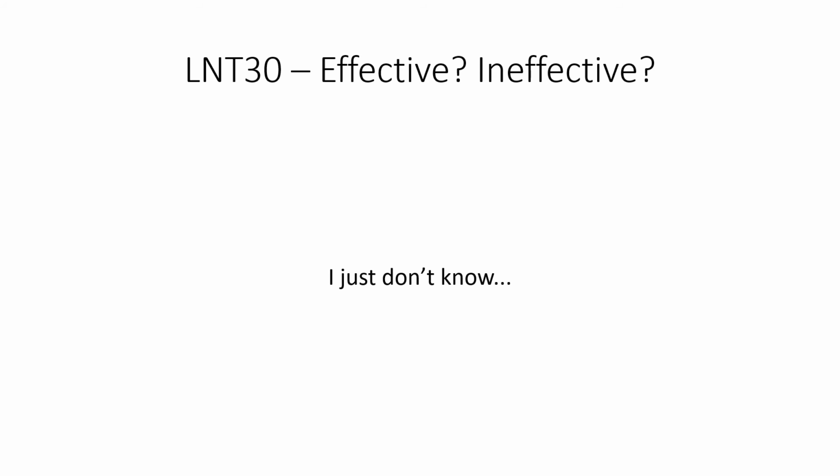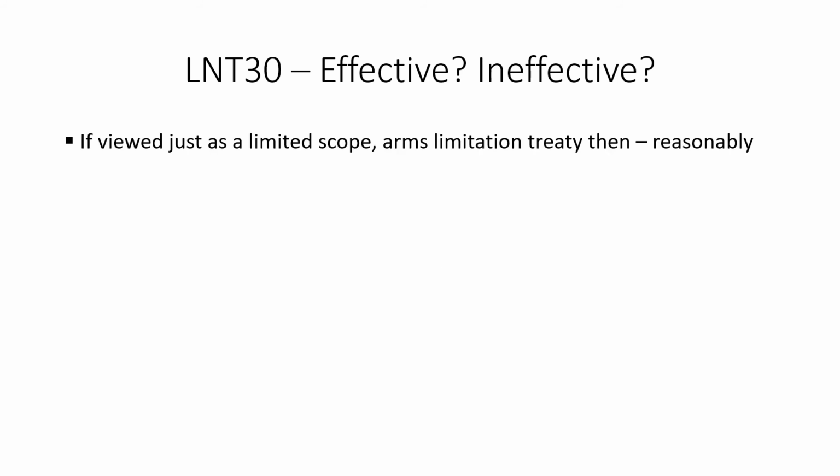So, do I think the London Naval Treaty of 1930 was effective or ineffective? Well, I don't know. Isn't that helpful? To be slightly more helpful, if it's viewed as a limited scope arms limitation treaty, then I think it did reasonably. It held people back, it held the different powers back from kind of going overboard, from having rising tensions,